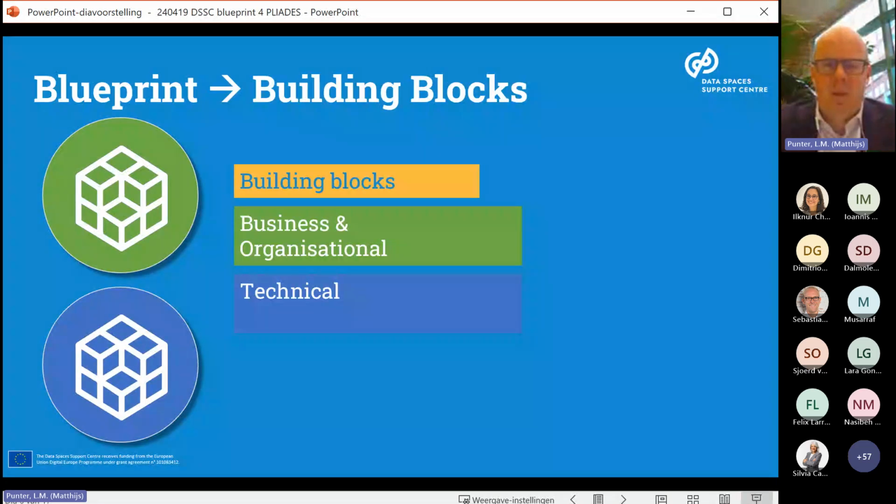By the way, maybe as a side note, it is not that we are in some sort of ivory tower creating the blueprint and spreading this to all those dataspace initiatives. It's really a collaborative approach. So we have a wide community of practice with dataspace initiatives, with technology providers, and together with them, we are developing this